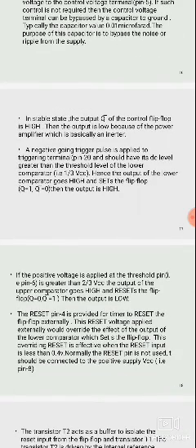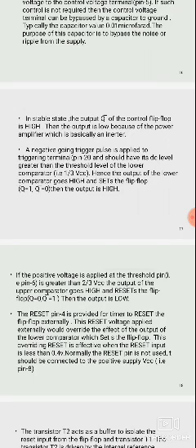Next, a negative going triggering pulse is applied to terminal pin 2, and it should have a DC level greater than the threshold level of the lower comparator, 1 by 3 VCC. The output of the lower comparator goes to high state and it will set the flip-flop: Q is equal to 1 and Q bar is equal to 0. The output is high.